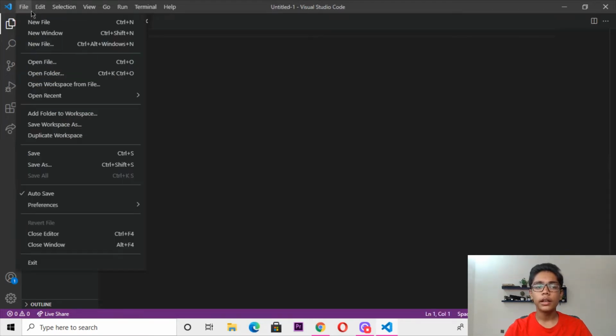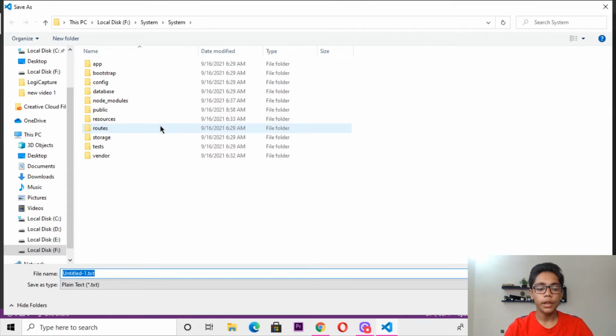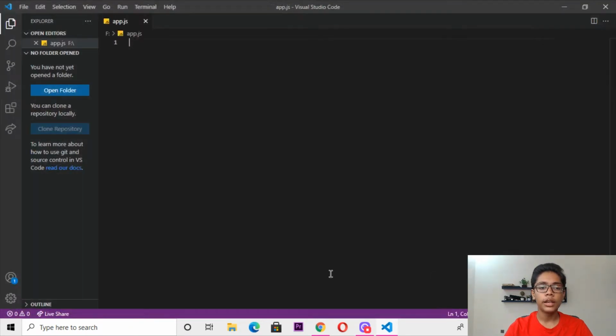Taking a new file here, and I'll be saving this file with the name, since we are building in Java, app.js. So we have just saved our file in Java, and I'll be saving it in the local disk, in an app folder, because I have too much space there. Here I will zoom in, so you can see the code which I will be writing.